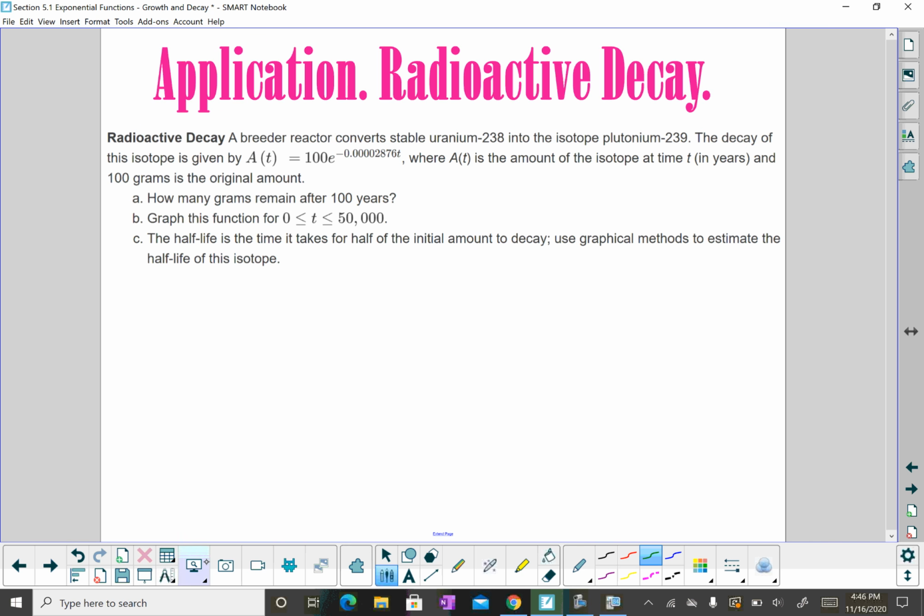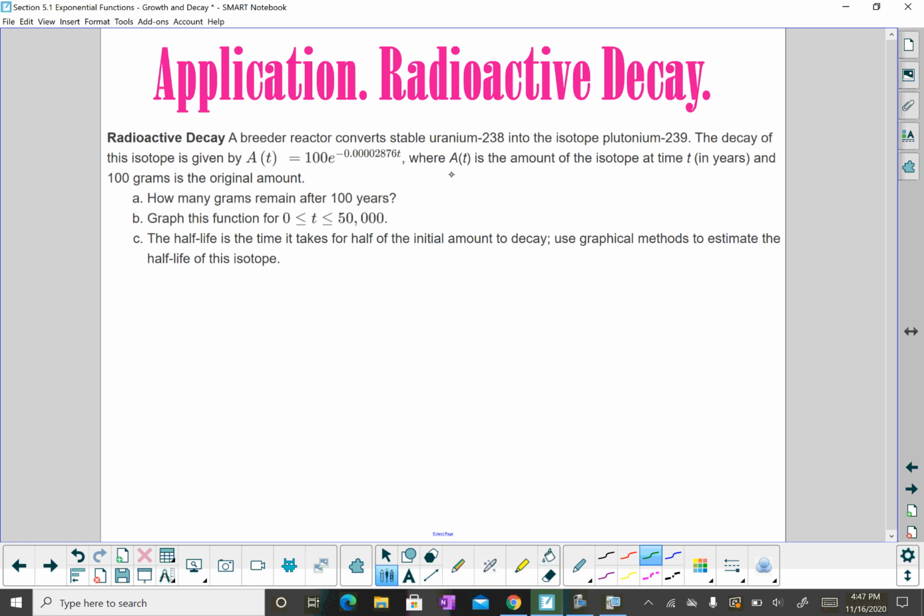Okay, let's look at another one. This is a radioactive decay problem. I mentioned that as an example where you see a lot of E's used, so that's why we see an E in this problem. It says a breeder reactor converts a stable uranium-238 into an isotope plutonium-239. The decay of this isotope is A of T equals 100 times E to the decimal power times T,